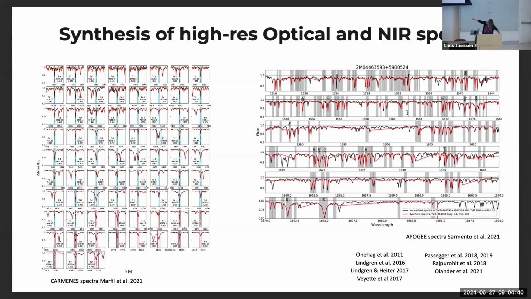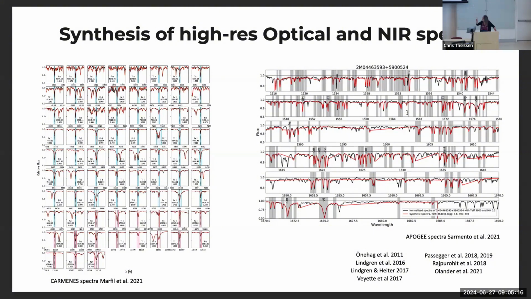But here, for example, I show you examples of synthesis of high-res spectra. The results from, for example, Marfil with CARMENES. And here I show you some stuff that we did for the thesis of Pedro Sarmento with APOGEE. There were other ones done here, but I'm going to go into it later. And also, I encourage you to go today to the splinter about planet hosts and around planet